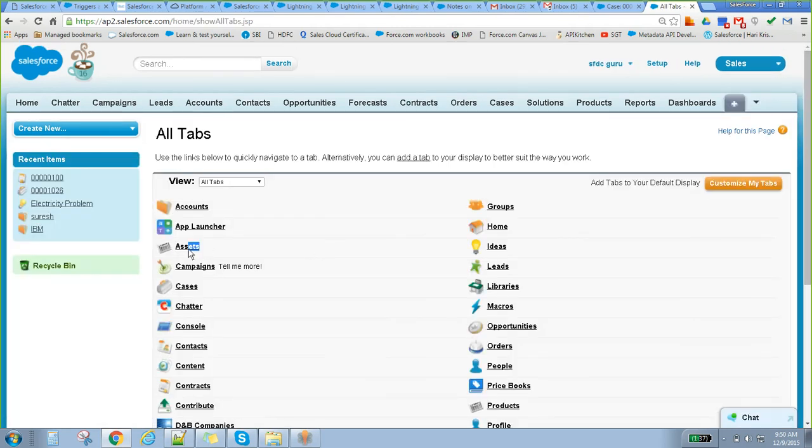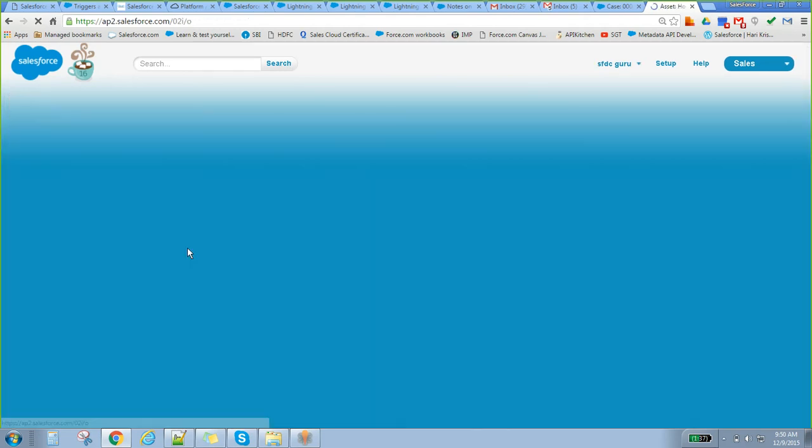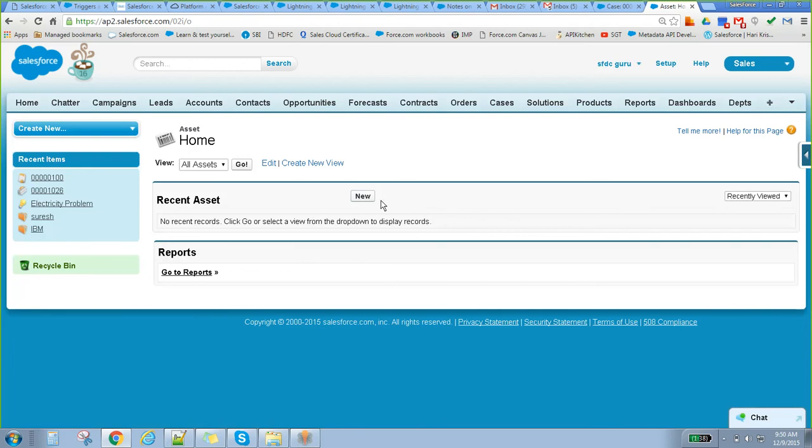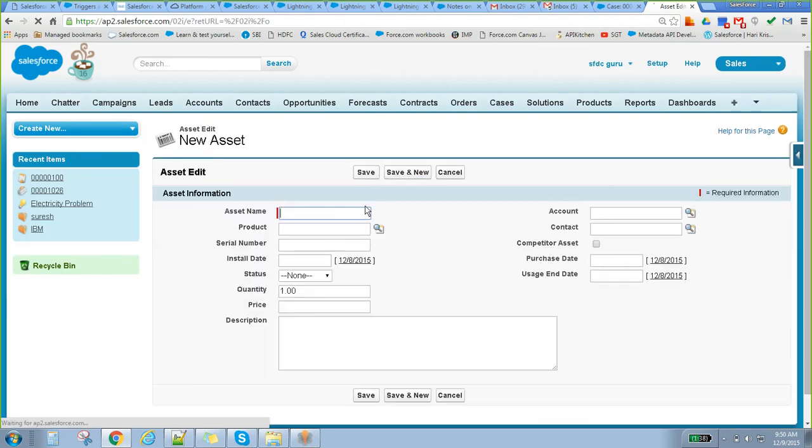Click on the plus button, go to assets. Assets are nothing but a way to distinguish each product sold to a particular customer. Click on new. Asset name: let's say ours is Audi Q8. Audi Q8 is an asset. So which product did we buy? We bought Audi Q8.